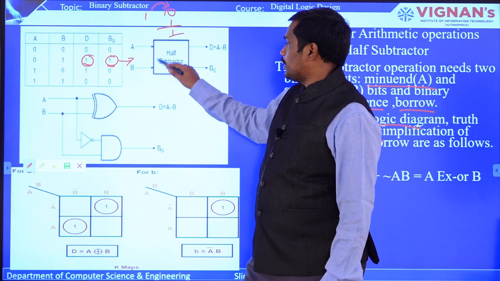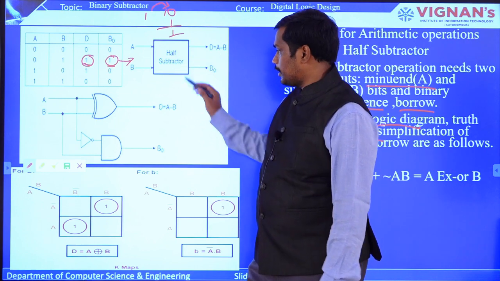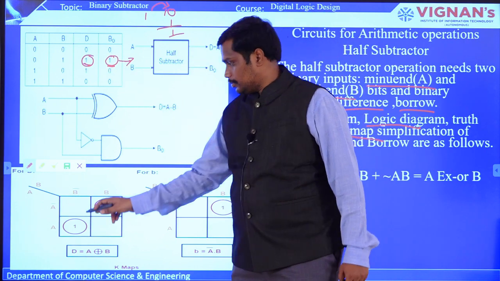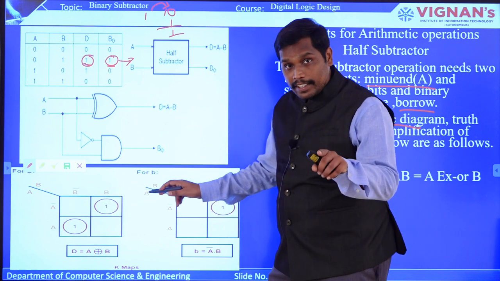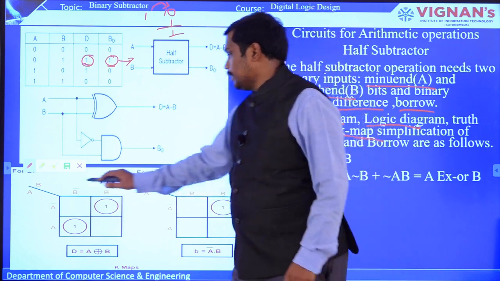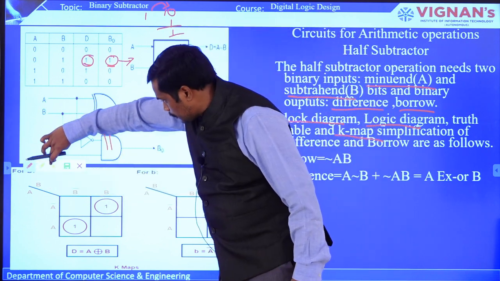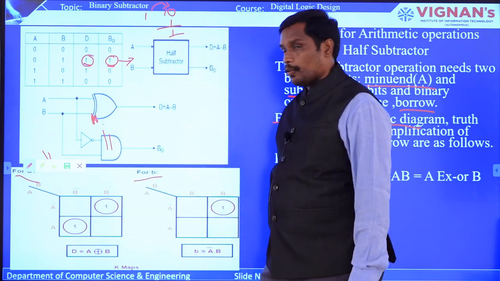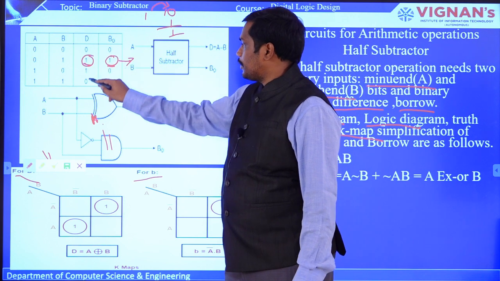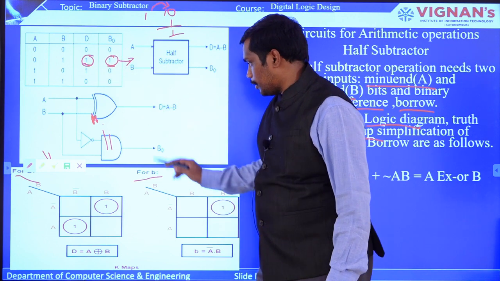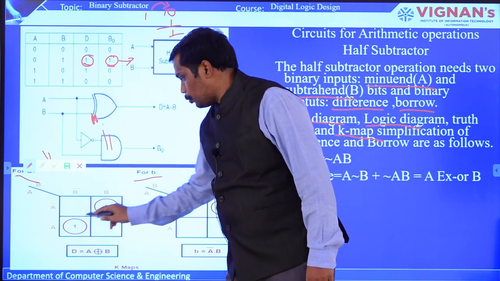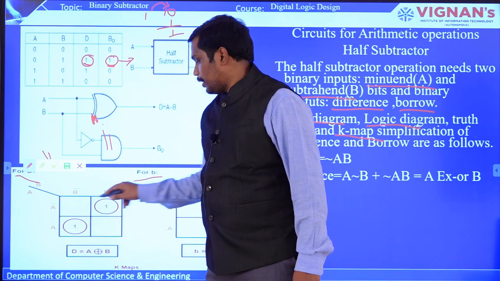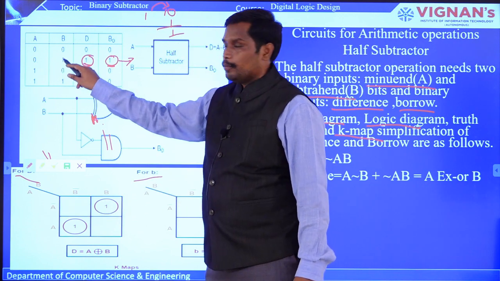logical. Okay. So now this is a half subtractor, and for this you are going to construct a Karnaugh map for the difference and borrow, right? So for the difference, you can see this is for difference and this is for borrow, and here you can see how many differences there are. Two ones are there. So for that particular D, you are going to have two ones, in the corresponding A bar B, which is A is 0, B is 1.